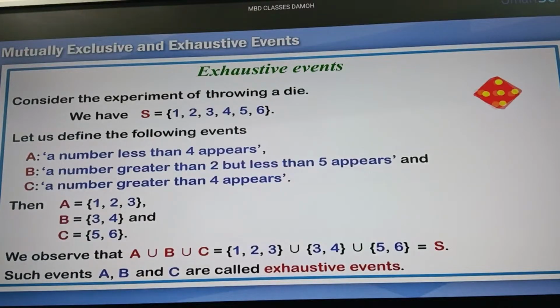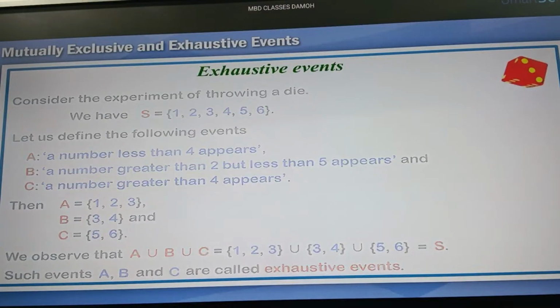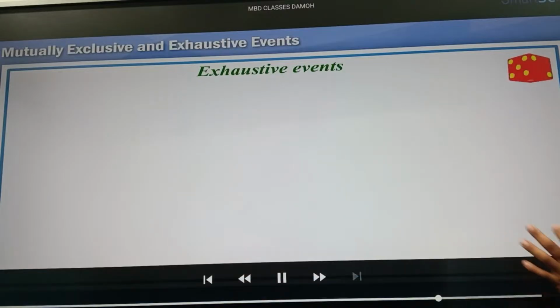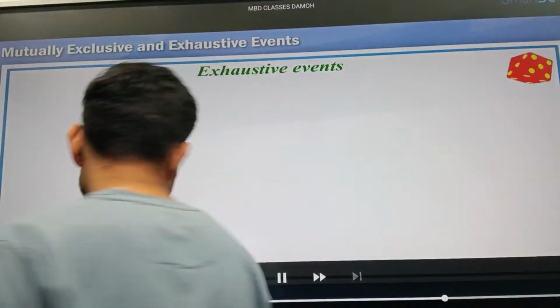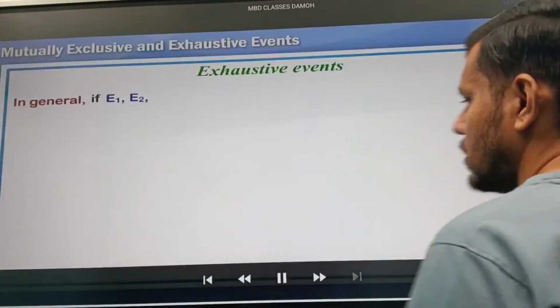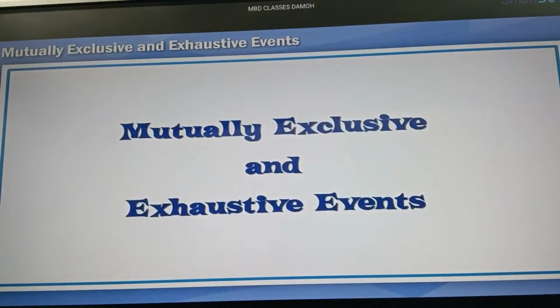That means the union of all the exhaustive events gives the sample space. Let us see how exhaustive events are represented symbolically. In general, if E1, E2, and so on are mutually exclusive and exhaustive events,